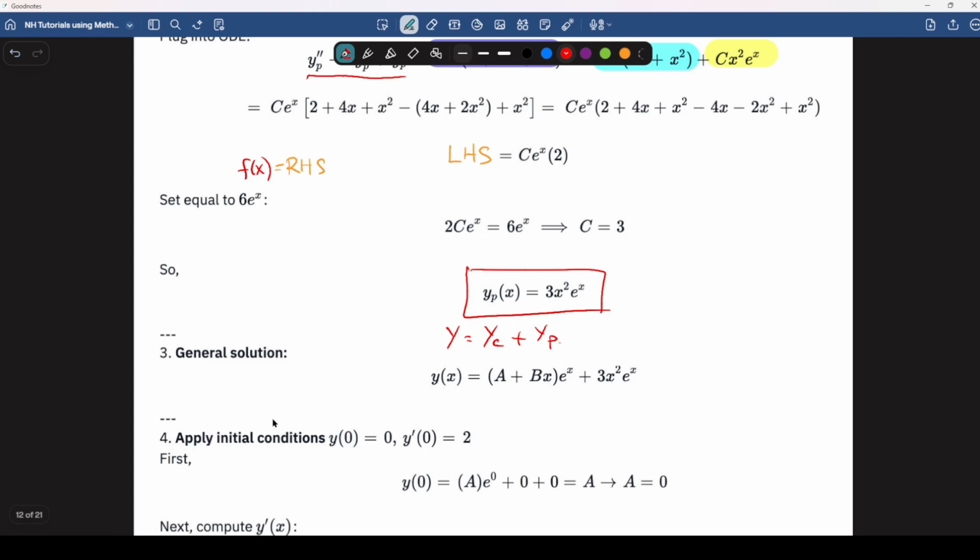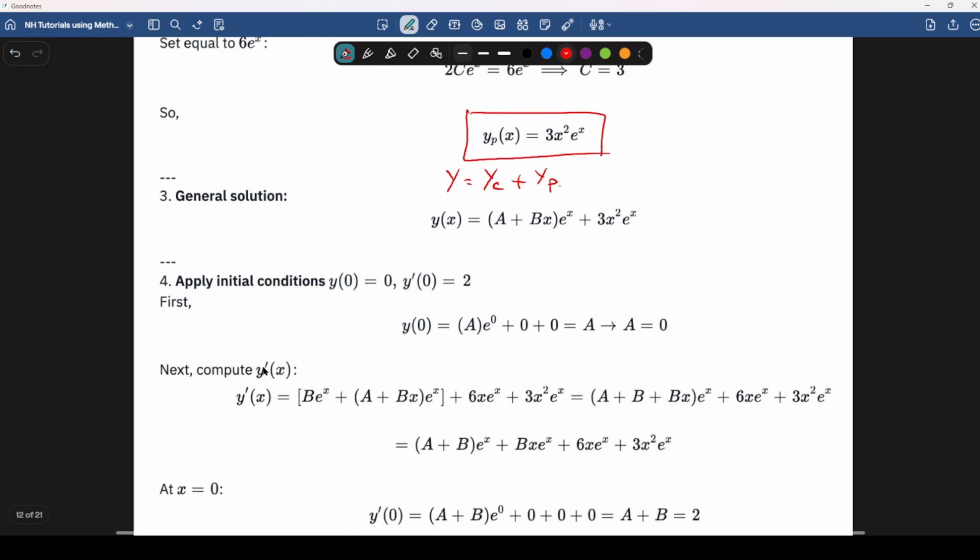And the question is giving us the initial condition. So this is very simple. Substitute all the values of x and y. x is 0 in this case because of the initial condition. What is the y value? For x equal to 0, the value of y equals 0, and for x equal to 0, the value of y single prime equals 2. So substitute the whole thing. This gives you the value of a to be 0.